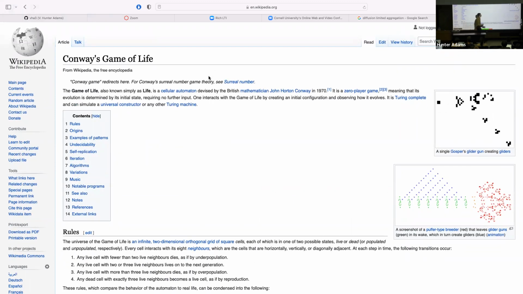For instance, some of these patterns that it generates have names. So if you start with this initial configuration, you can generate what's called a Gosper's gliding gun. This creates structures that propagate across the 2D plane. There's a whole family of these structures that you can generate to demonstrate interesting behaviors. There are certain initial conditions that have the property that they grow infinitely. And in fact, the VGA demo included in the demo code for this course is one of those initial conditions where you click go and it just propagates, it continues to grow forever.